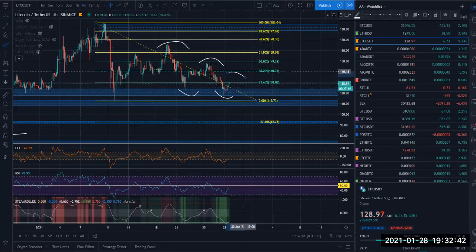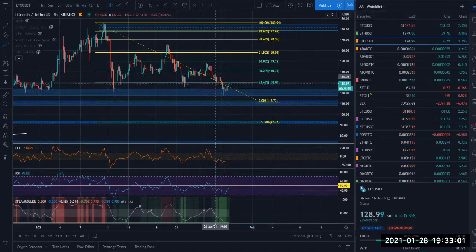So it would look like you would imagine a rejection between this level up towards the 140 mark, if we cannot break, or if we can break that 23 fib level, and then I guess a continuation of this sort of bearish moves that we're seeing at the moment, all these downward moves.